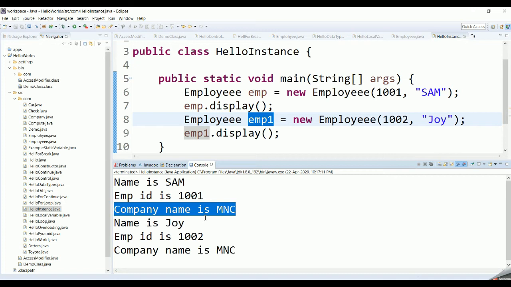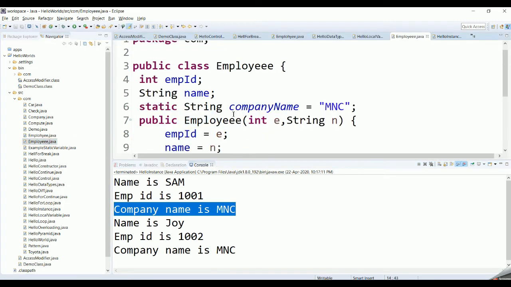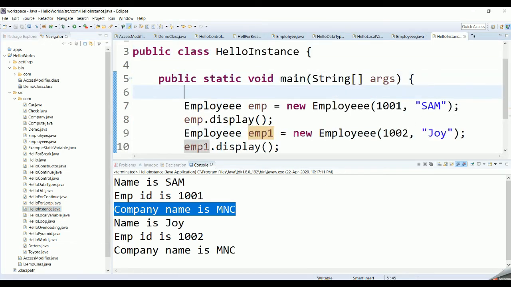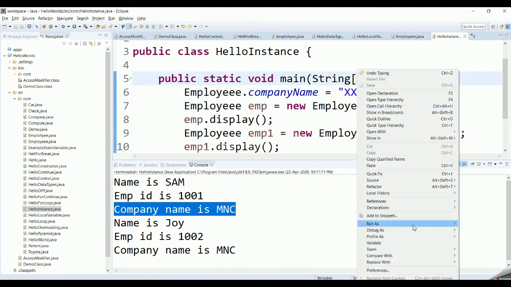How can you invoke the static variables? Since the static variables belong to the class, you don't have to call them by making use of the object. You can just call them by making use of the class name itself. So in the HelloInstance class, even before the creation of the object, let me try to set the value of the company name as XXX. Now if you try to run this particular program,